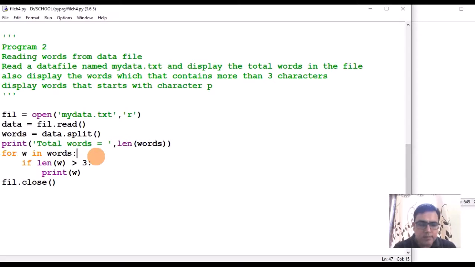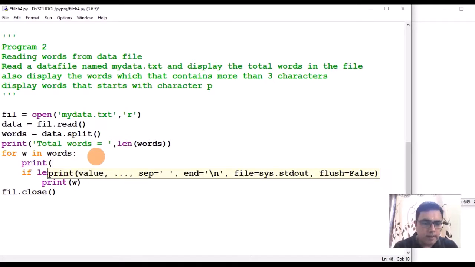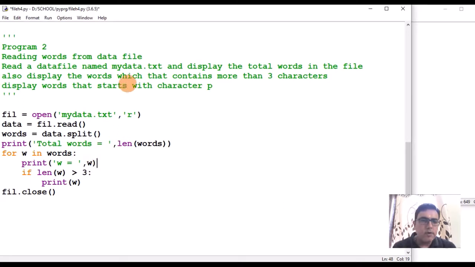It is printing it. Okay, and we'll write one more statement, print W is equal to and then the contents of W. After taking this word I am printing it and then I am checking whether the length of this word is more than 3 or not. If it is more than 3 you display that word, otherwise don't do anything, read the next word.